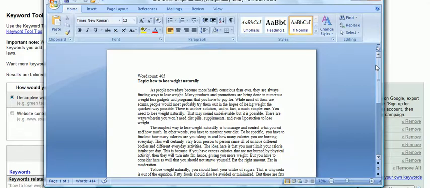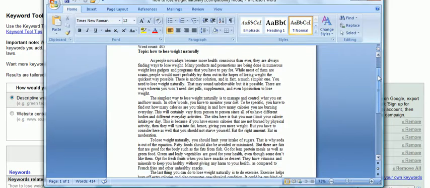So in the next video, after we do this writing, we're going to show you how to select your affiliate program, and then also the process of setting up your landing page that you're going to be sending the traffic to. But of course, you obviously need some content to start with. So that's why we're writing in this step.